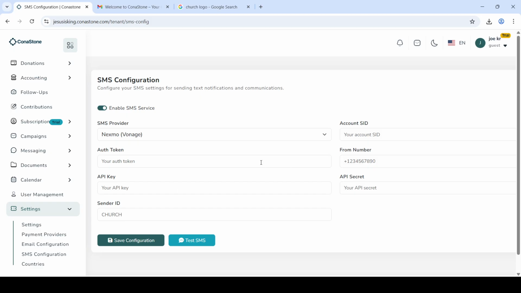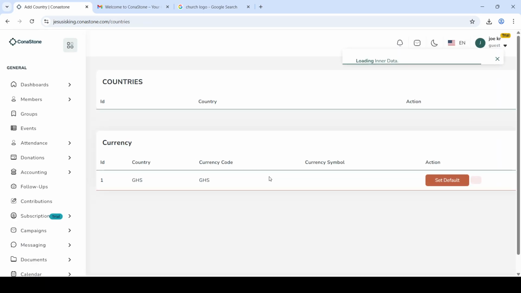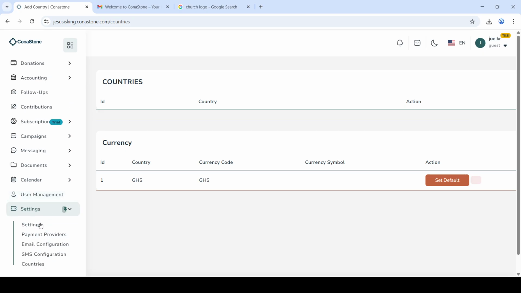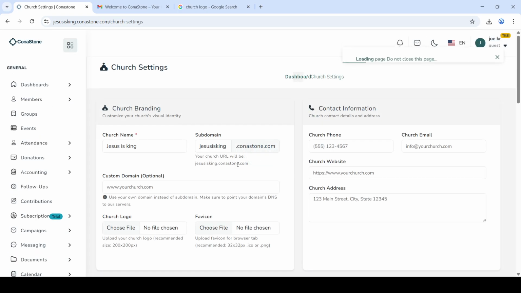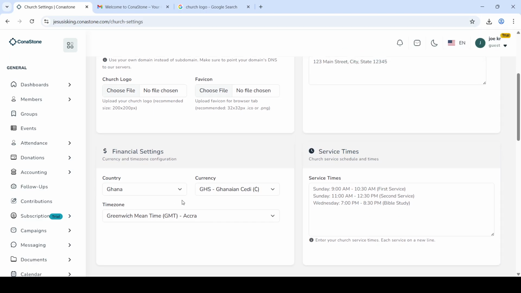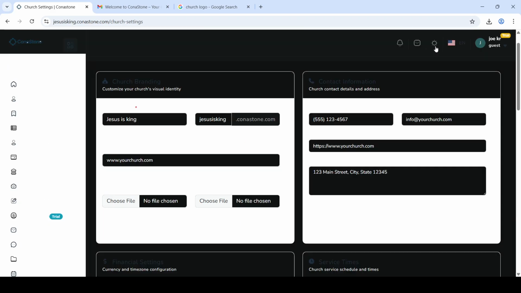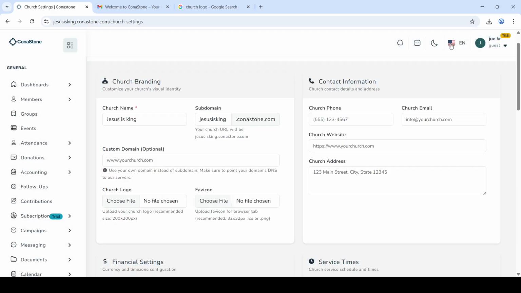Okay, so the country here was moved to this side. So you just have to set it here and you are good to go. One wonderful thing is I've been able to make it available in many languages. Not all languages, but most of the widely spoken languages. And then it has a dark mode, so you can select